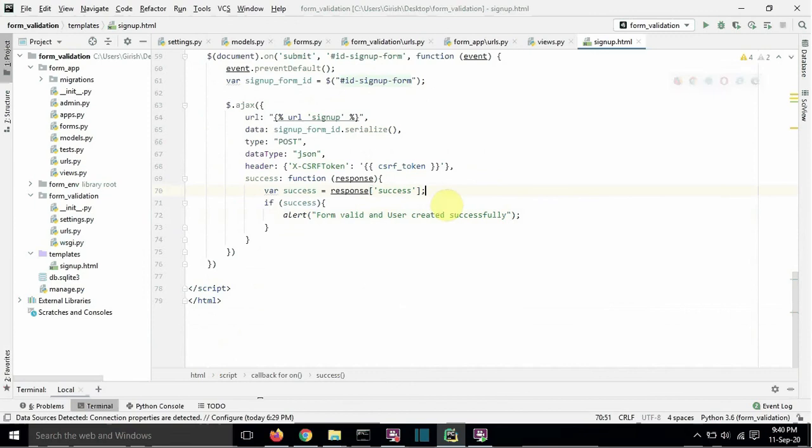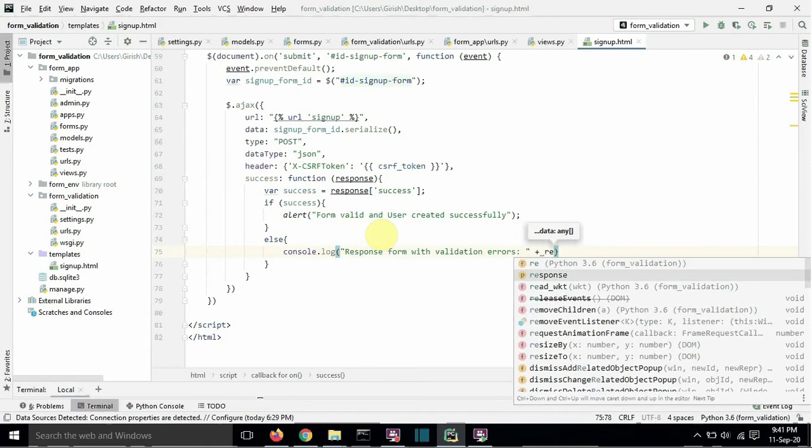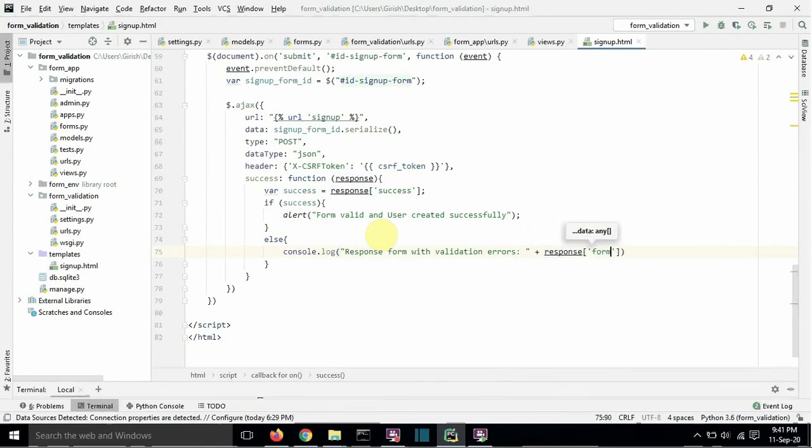Else, if the success has false value, we will show the form with errors on the console.log response form with validation errors, response bracket form HTML. This gives us the HTML code of the form.